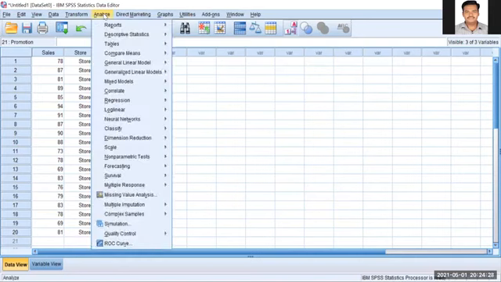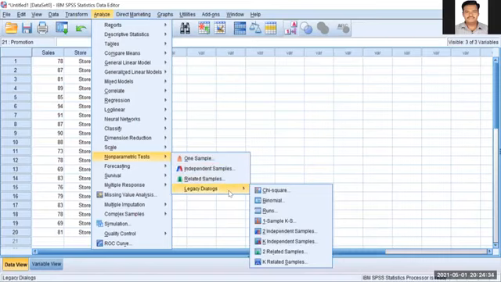We have to go to Analyze, Nonparametric Tests, Legacy Dialogs. Okay, the same as what we did yesterday in Mann-Whitney, the same option, but for Mann-Whitney we took 2 independent samples. For Kruskal-Wallis, we take K independent samples. K means more than 2. Okay, we collected more than 2 groups. In ANOVA and Mann-Whitney and so on, we discussed independent variables with 2 or 3 factors only.